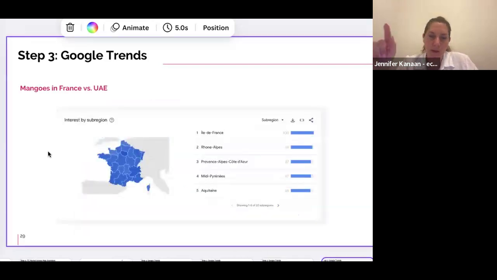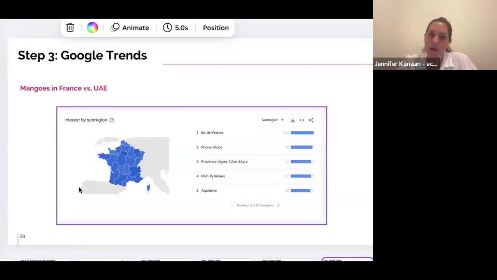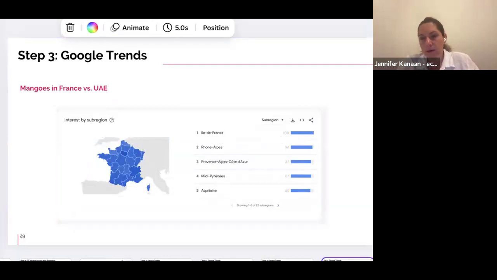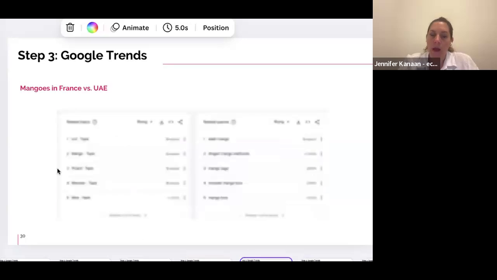Also, when we look at the details, once you scroll, you can see the different interests by sub-region in France, and of course, Île-de-France is the area where you have the capital. So this is the highest demand, and then you can look at all of the others' interests. But again, this is interest at the country level. And also, if you scroll further under